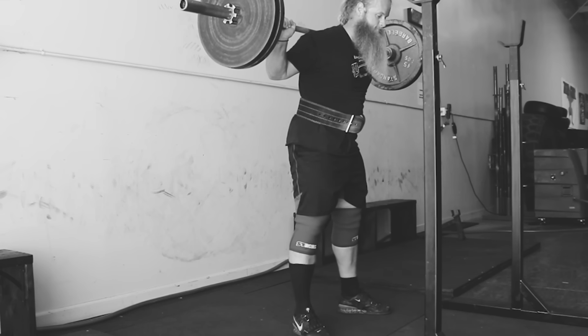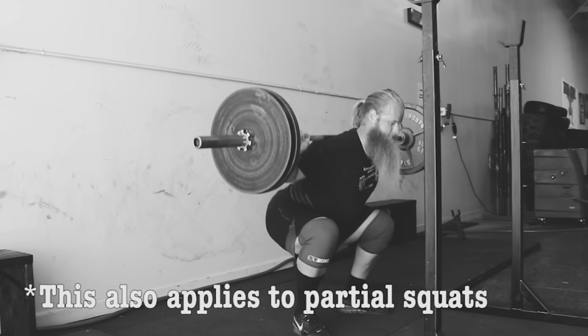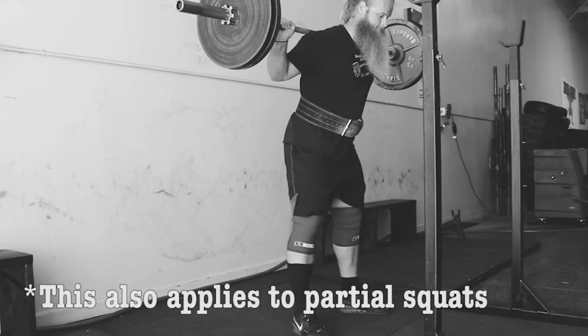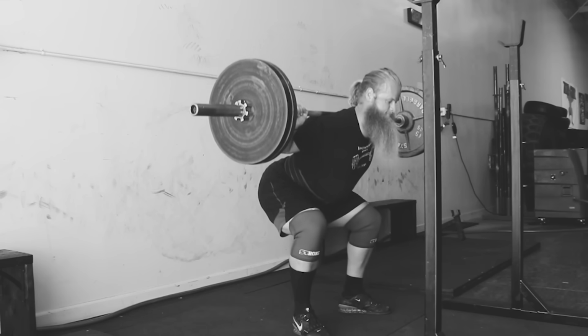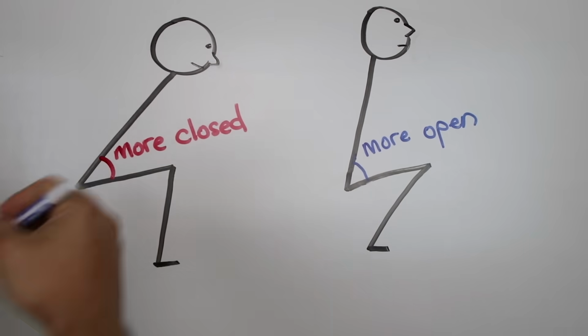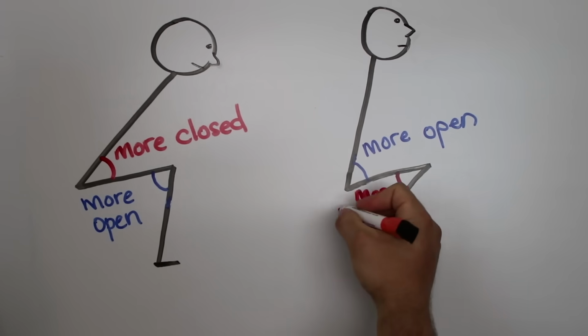This incorrect squat technique has caused many cases of patellar tendonitis, and unfortunately the squat as a whole is blamed for knee pain. Rather, poorly executed squats are the culprit. When the knee angle is a little more open and the hip angle a little more closed, knees back, bending over,